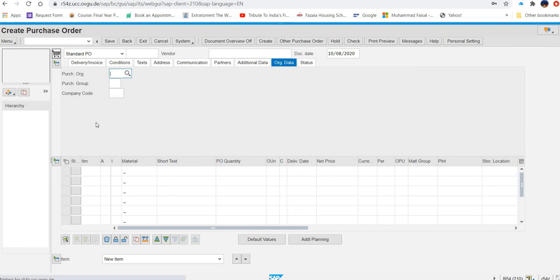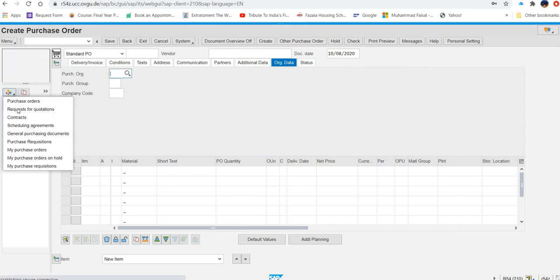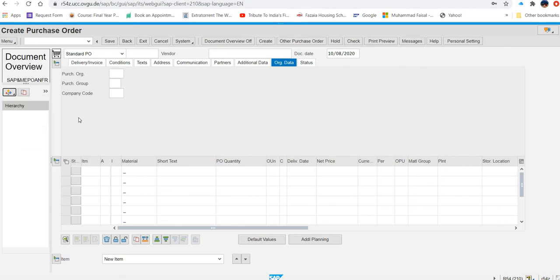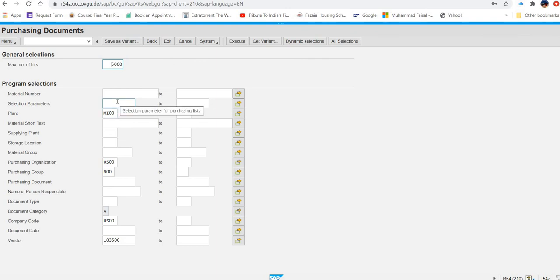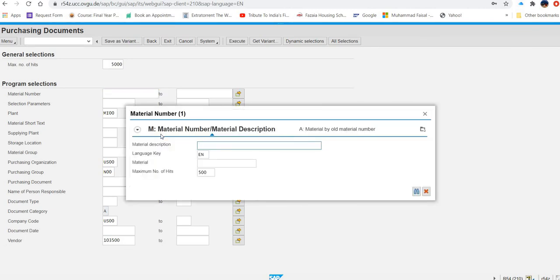Okay, so we are here now. They are saying once you have to select this, click here, request for quotation. And then in request for quotation, in the material number you have to search, and for search you will search material by material type.